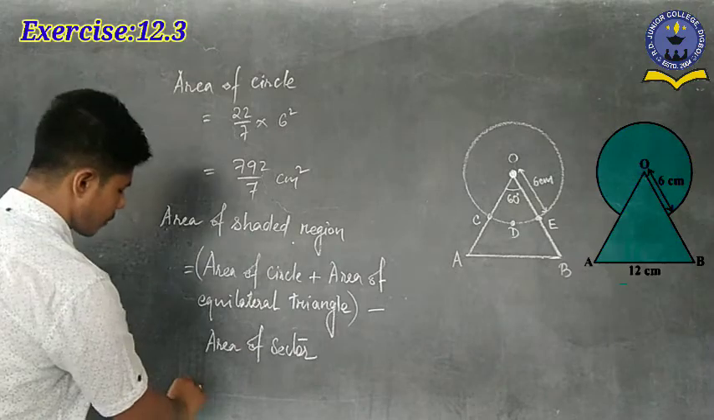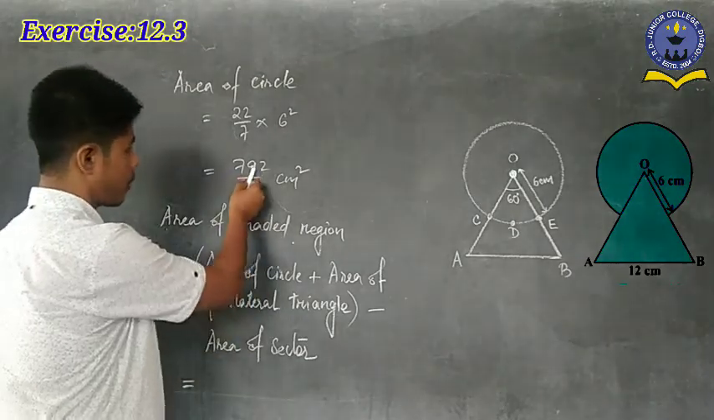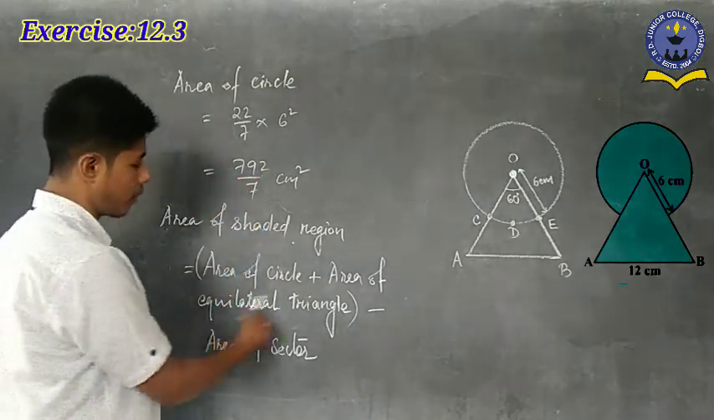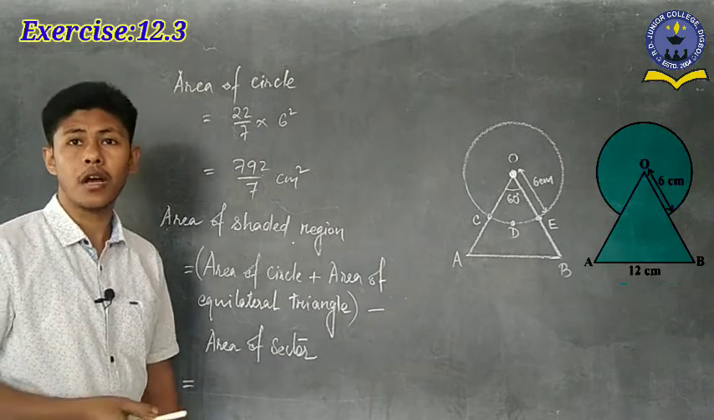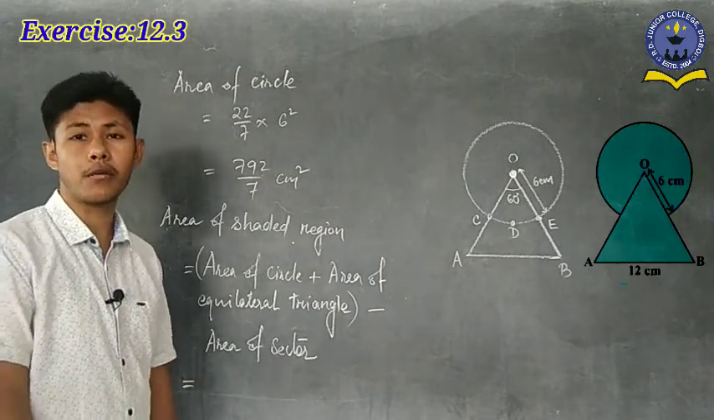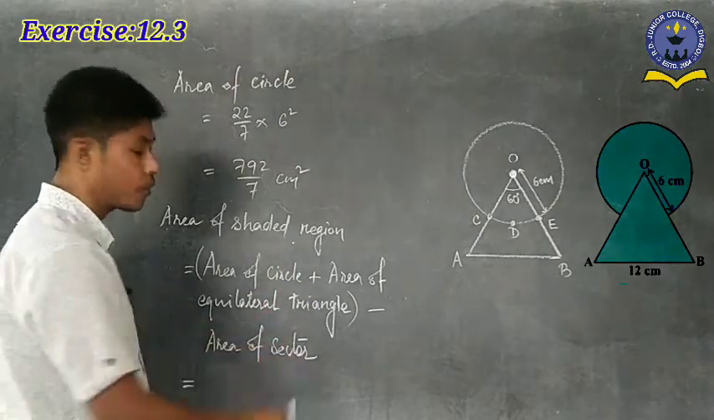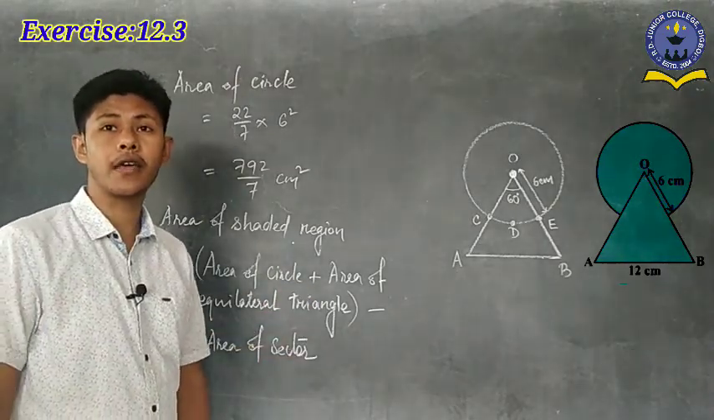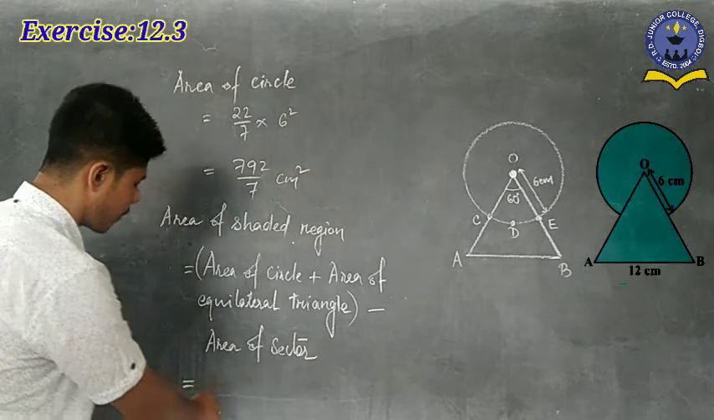Is it clear? So now the area of the circle we know is 792 by 7. The area of the equilateral triangle we also know: 36 root 3. And the area of the sector we know is 132 by 7. So if we put these three values in and calculate, whatever result we get,